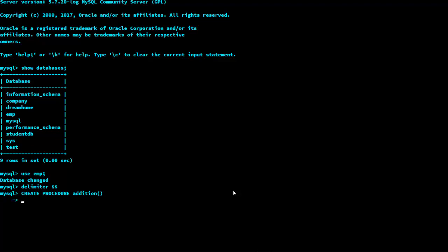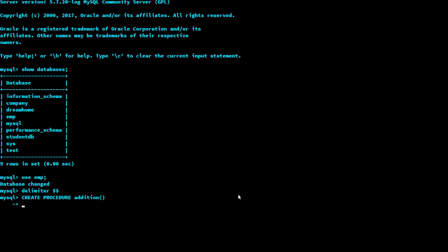So the next line, as we have already seen in the slides, first we have to use the keyword known as begin. Whenever you begin your PLSQL program, you have to keep the keyword begin. So I'm also giving the keyword begin. After giving begin, I'm going to use the keyword known as declare,